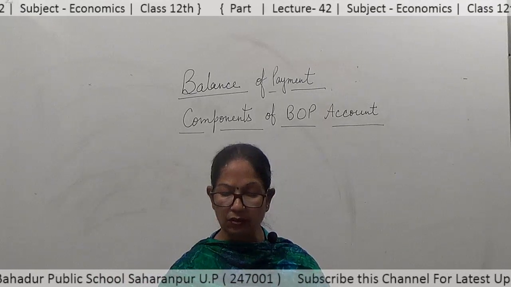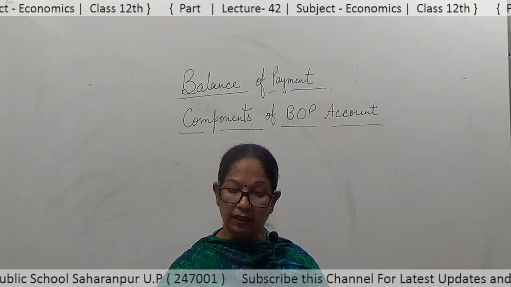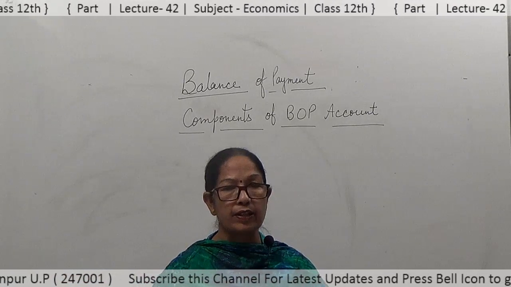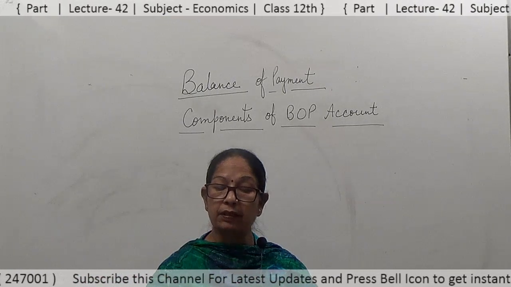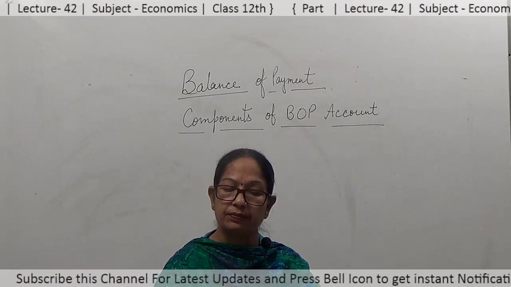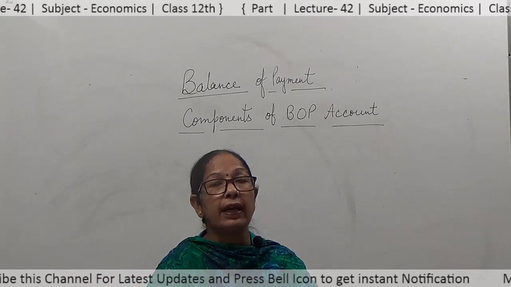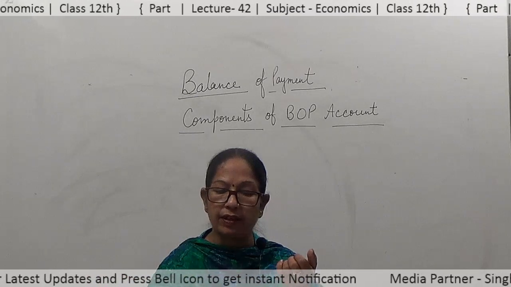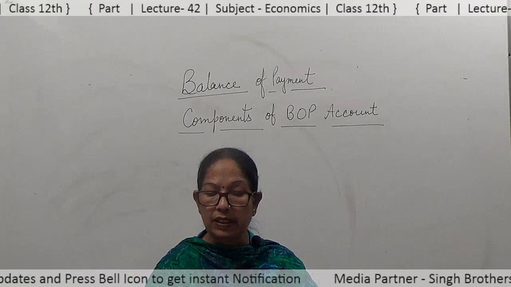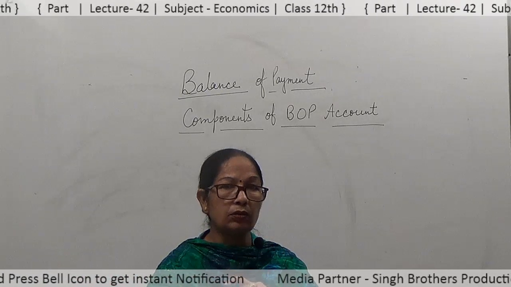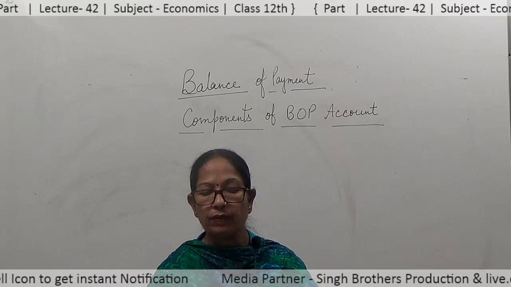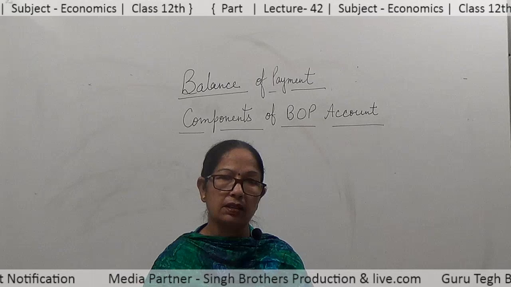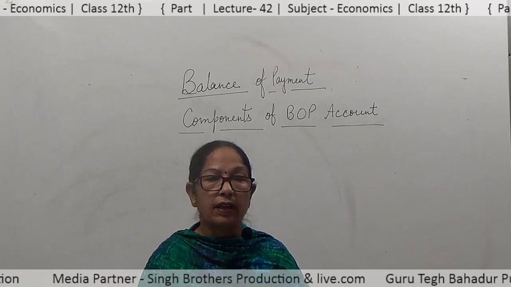And factor income includes investment income like interest and dividend that citizens of a country earn on investment abroad. So citizens of the country own land, bonds, shares in other countries and acquire foreign currency for it. These payments will be registered under row 2. There were 8 rows; in row 2 this type of transaction will be included. So it is called invisible trade.